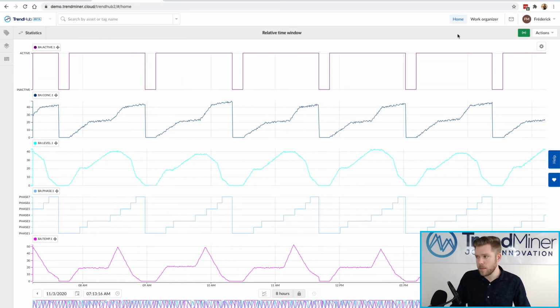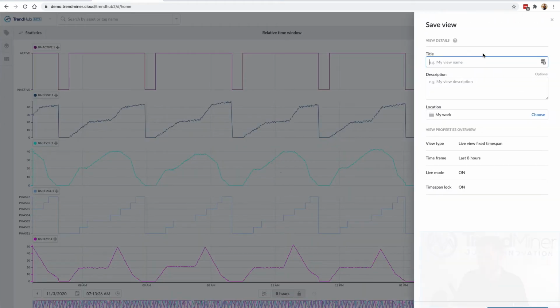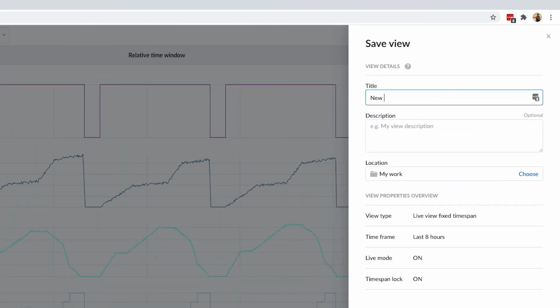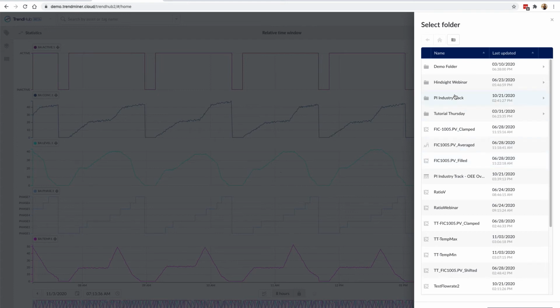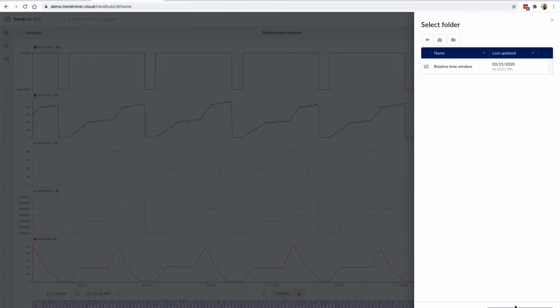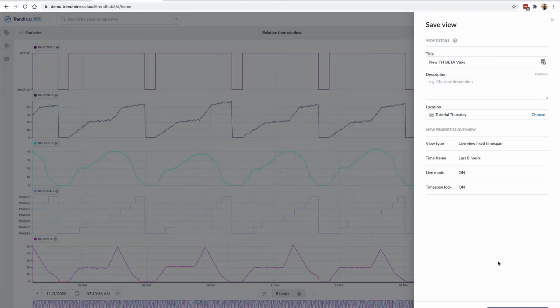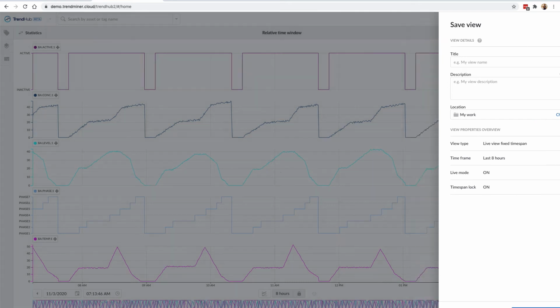From here, if I want to save this view to the new TrendHub, I will go into Actions and I will save as and call this my new TrendHub beta view. I'm going to choose to add this to the folder of Tutorial Thursdays. Hit select and double check that my options are good. So I'm going to look at the live view, looking at the last 8 hours with the live mode on, meaning the next time I load this, it's going to load into live mode as well,